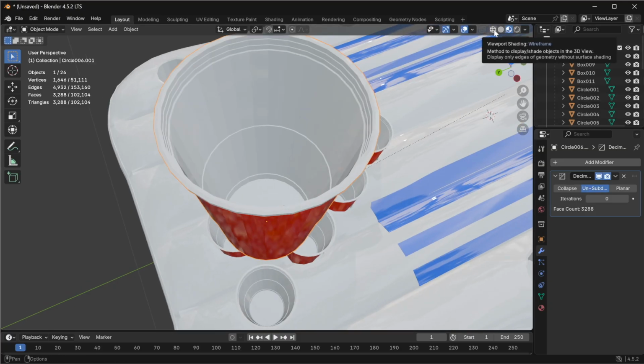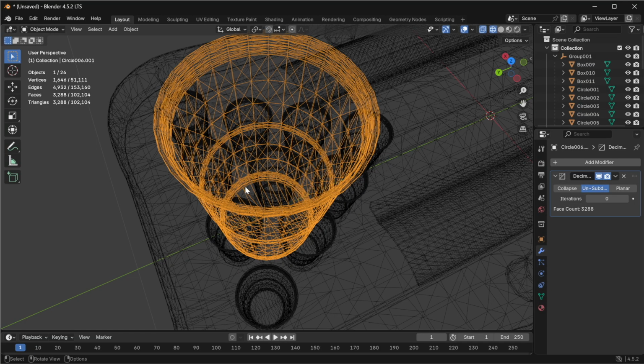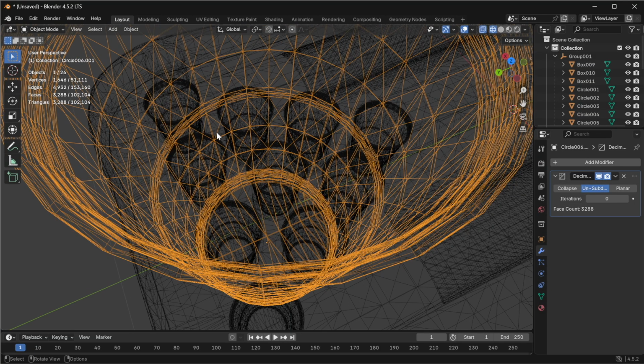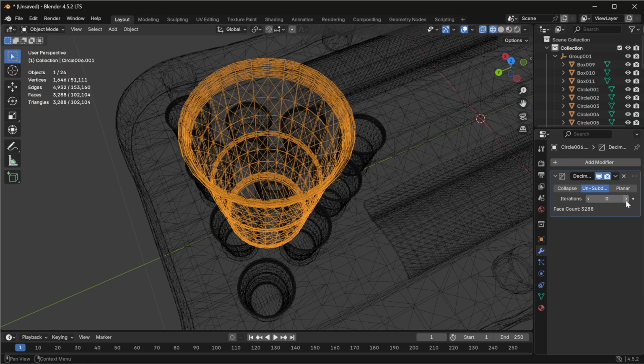But anyway, we'll switch to viewport shading wireframe so you can see. I don't know what this is going to do. I literally have no idea. But we're going to give it a shot and see what happens. So if I hit 1, can I watch this? I didn't see anything change. Let's go back. Face count didn't change. So I don't think for this model specifically that there is an option to unsubdivide. So let's go to